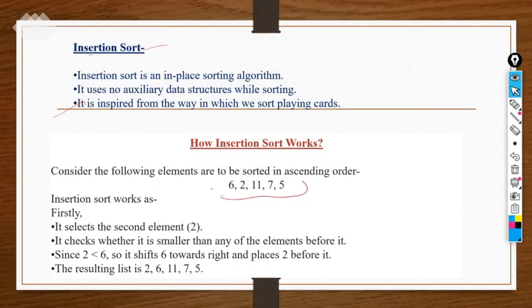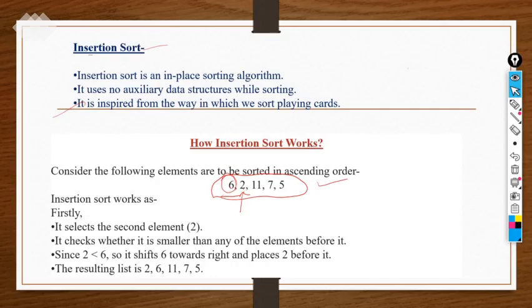There is a list of 5 elements given here: 6, 2, 11, 7, 5. Insertion sort works like this: firstly it selects the second element, the minimum element, and compares it with the first position element. 6 is at the first position.